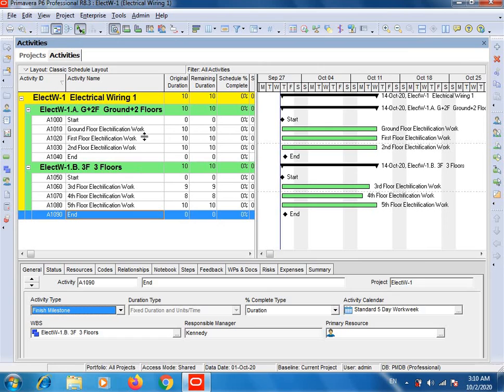So this is the way that we add different kinds of activities. Now here you can see that first WBS will take 30 days to complete, and second WBS will take 27 days. So it means that in 57 days this project will be completed as per the schedule. So I think it's enough.